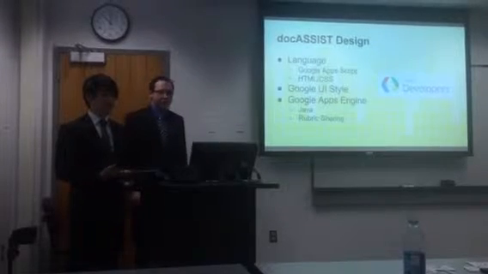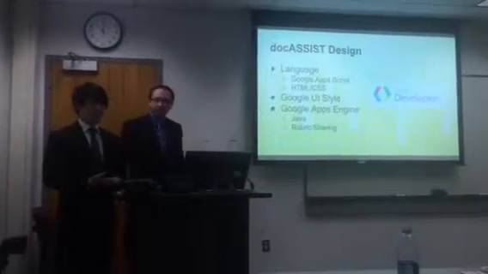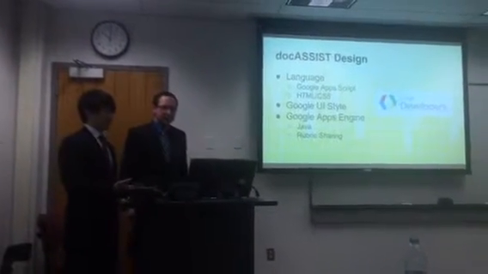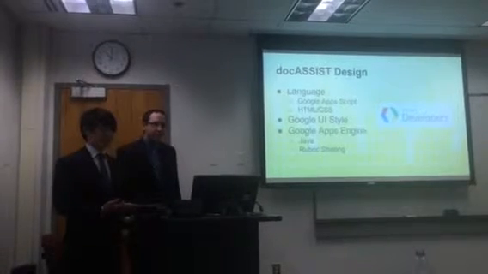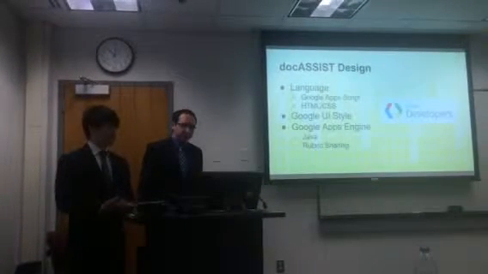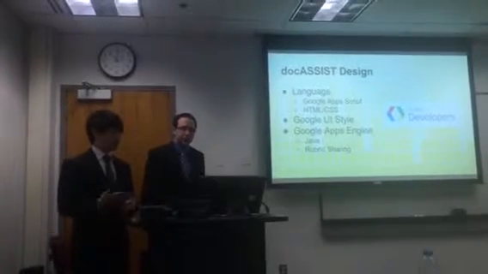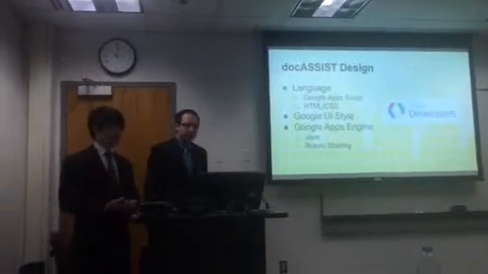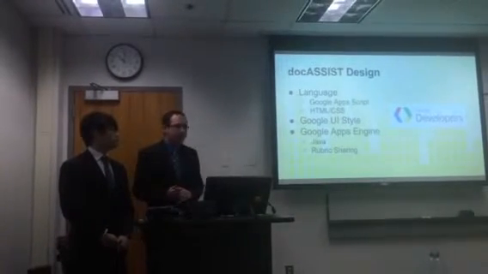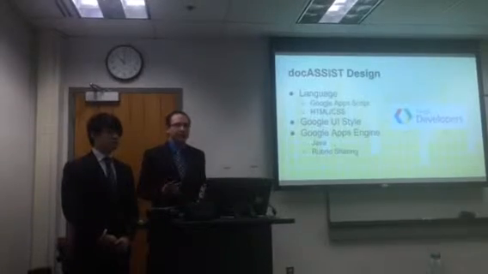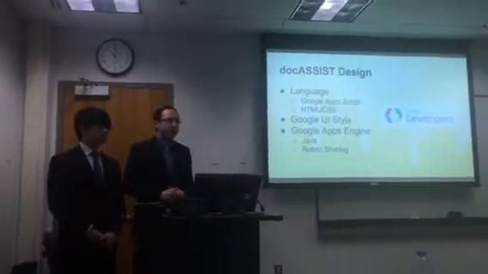When we submitted it for review, they told us what they wanted to see and what they did not want to see. For example, we had features that we had taken out because they didn't like them, and we had features added in because they wanted to see something to make it more effective for the user. We also had to follow the style guide so it fits in with all the other add-ons, so it looks like something from Google and not something different. We also had to make a little side application using Google App Engine. Basically, if a teacher creates a rubric, this allows them to share it with their students and with other teachers.